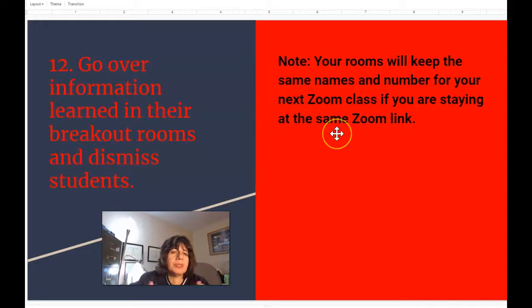Please note that your rooms will keep the same names and number for your next Zoom class if you're staying at the same Zoom link. So if you want to change up the names of the rooms for a different prep, you should keep students in the waiting room until you do that. I would have your room numbers and your names set ahead of time. That makes it easier. But you can do it during the Zoom,